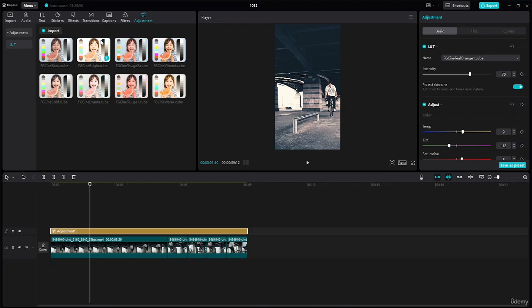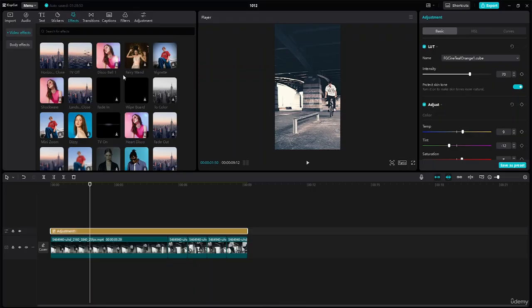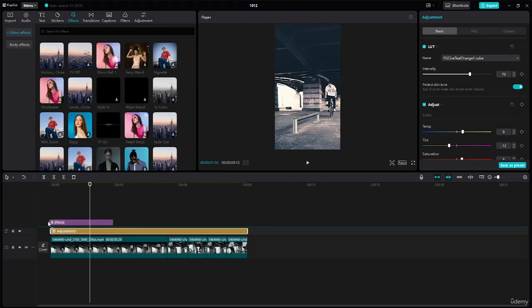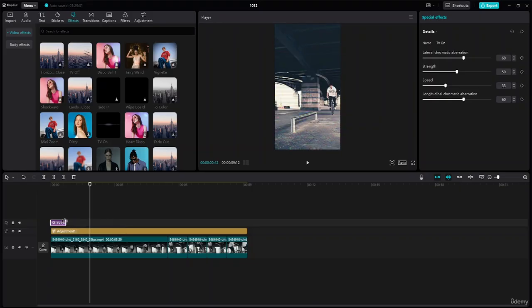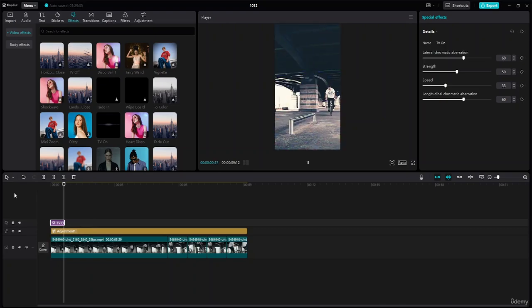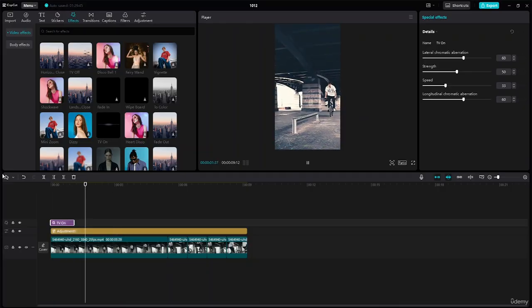And now the next thing I'm going to do over here is go into the effects panel. Okay, so now I'm going to apply this one at first. Let's come here and I'm going to apply this particular effect at the beginning. I have applied this TV on, so you guys can see this is how it's going to start. So let me just keep it right over here,